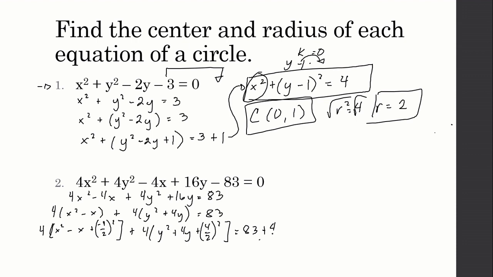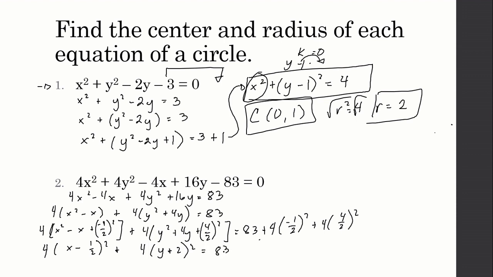So it will become 4 times 1/2 squared plus 4 times 4 over 2 squared. So let's simplify this. Let's factor this. So 4 times x minus 1/2 squared plus 4 times y plus 2 squared